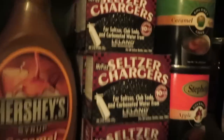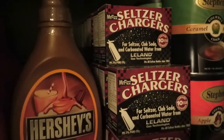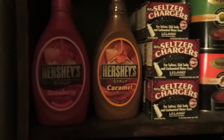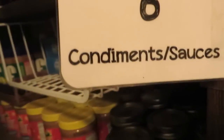So the price was better if you bought like, I can't remember how many it was now, 300 at once. So that goes all the way back there. I don't know if you can see it, but there's a lot of them in there. And then some of our syrups, strawberry syrup and caramel syrup go there. The kids use those in their milk sometimes or on their ice cream. So, which brings us to section 6,